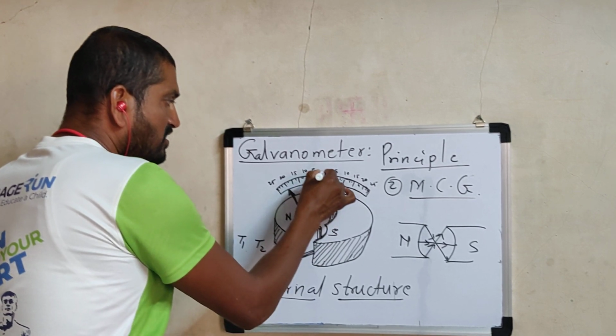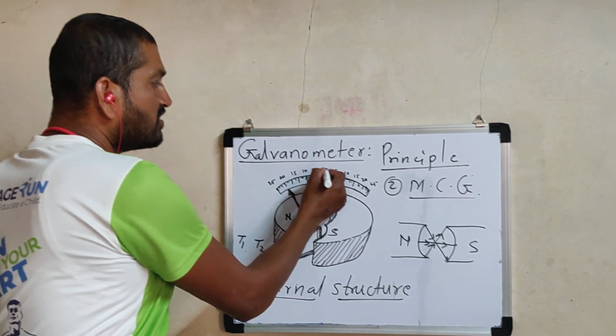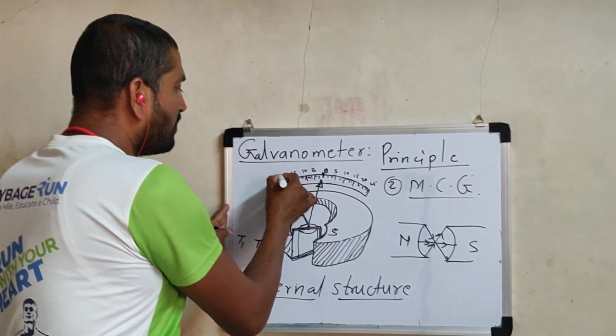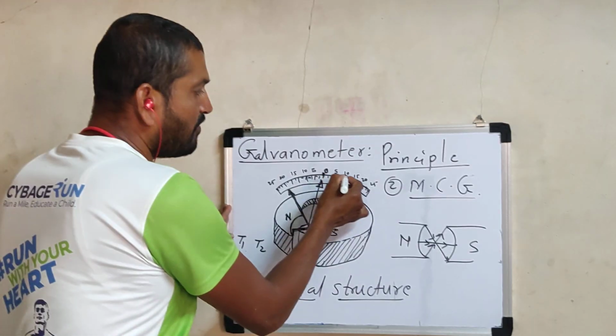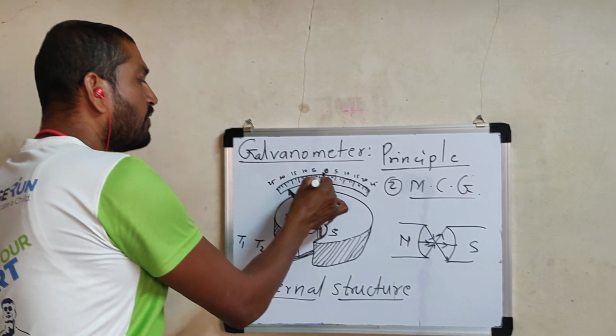See here, this is a very important point. Compare with an ammeter and voltmeter. The difference is that in an ammeter the central marking is 0 and markings are provided up to the range 5, 10, 15, 20, 25, and on this side also the same 5, 10, 15, 20, 25. Up to the range of the device, these markings are provided equally.